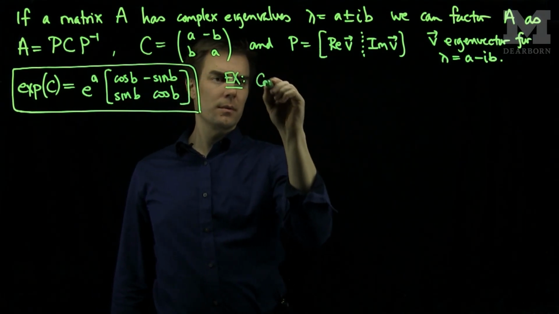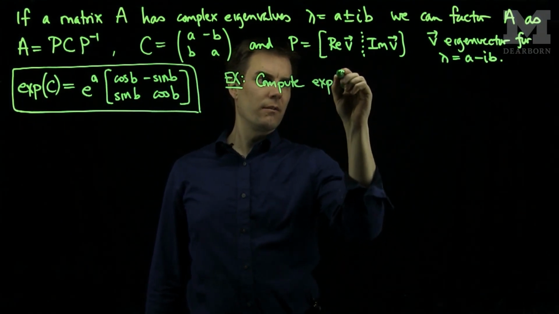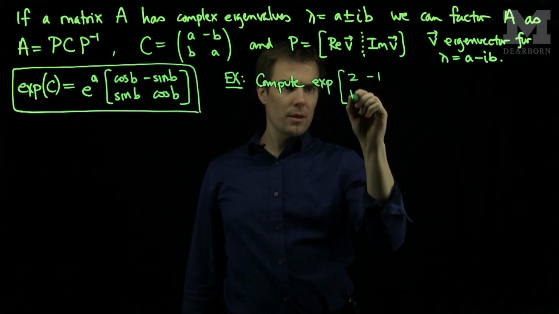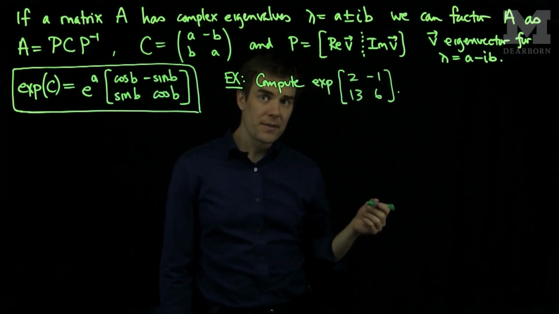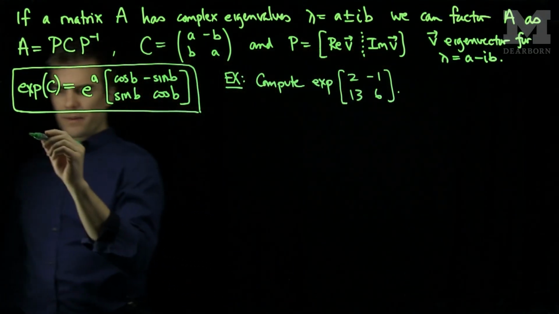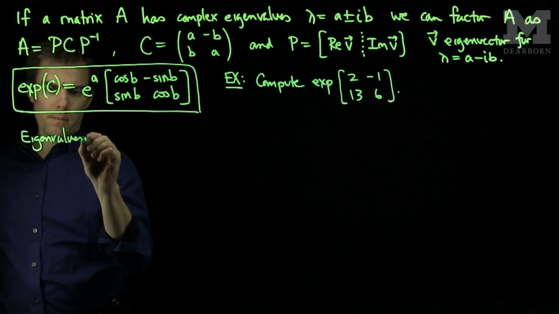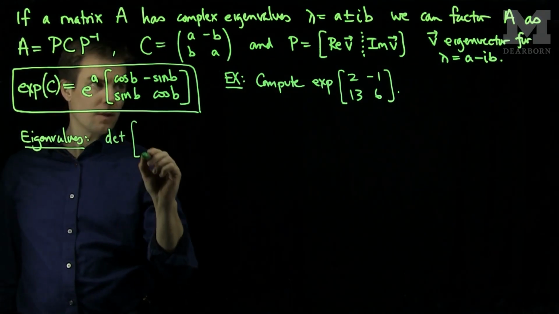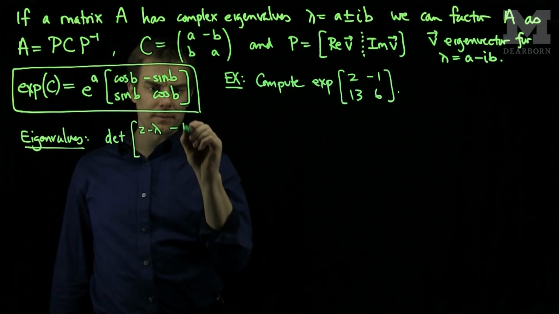Let's compute the exponential of the matrix 2, negative 1, 13, 6. To do this, we'll find the eigenvalues of this matrix. I'll compute the determinant of the matrix with lambda subtracted off on the diagonal,